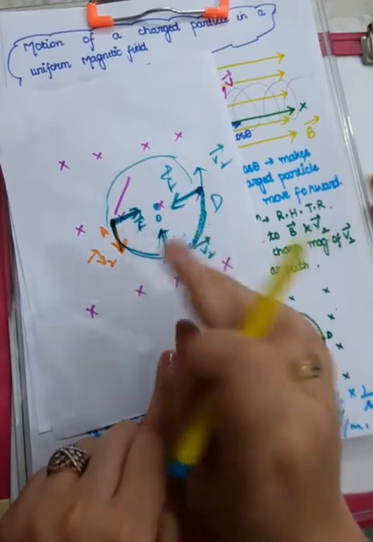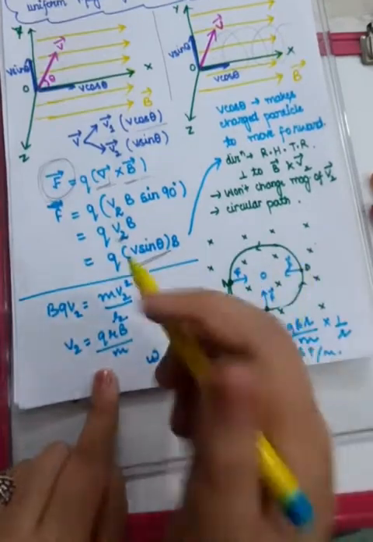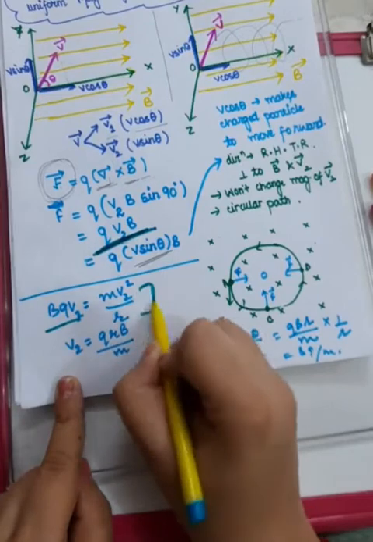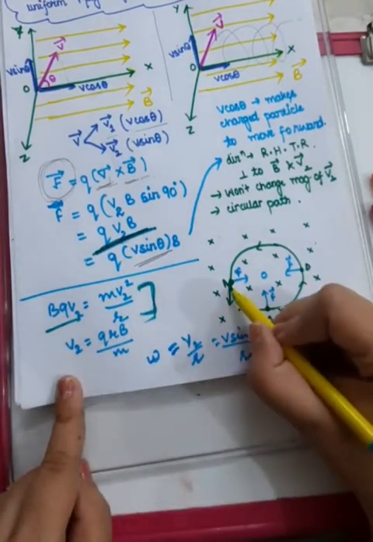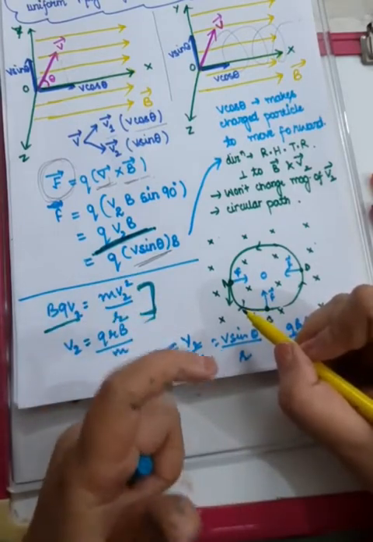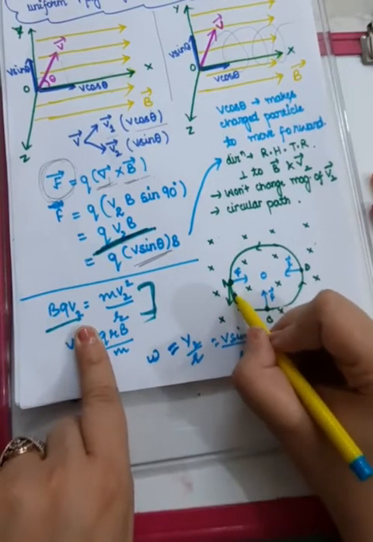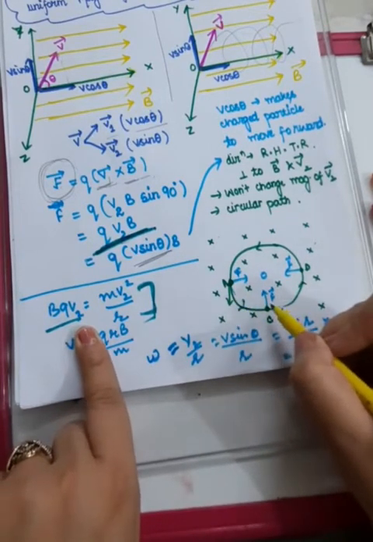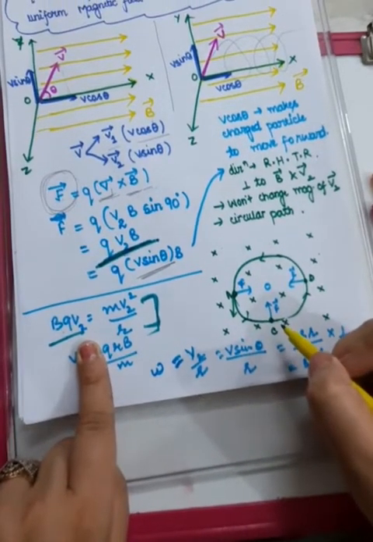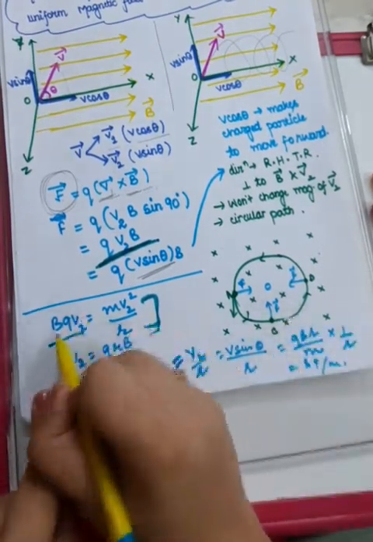You got my point? So this is one particular revolution. So what is exactly happening, you can understand this magnetic force is providing the necessary centripetal force. For centripetal force you need some agency, and that agency is this, because centripetal force is always changing the direction of the particle. But by Newton's first law, you know that a body cannot change its direction all by its own. You need some force to do that, and that force is this one. Okay, so which one is it?